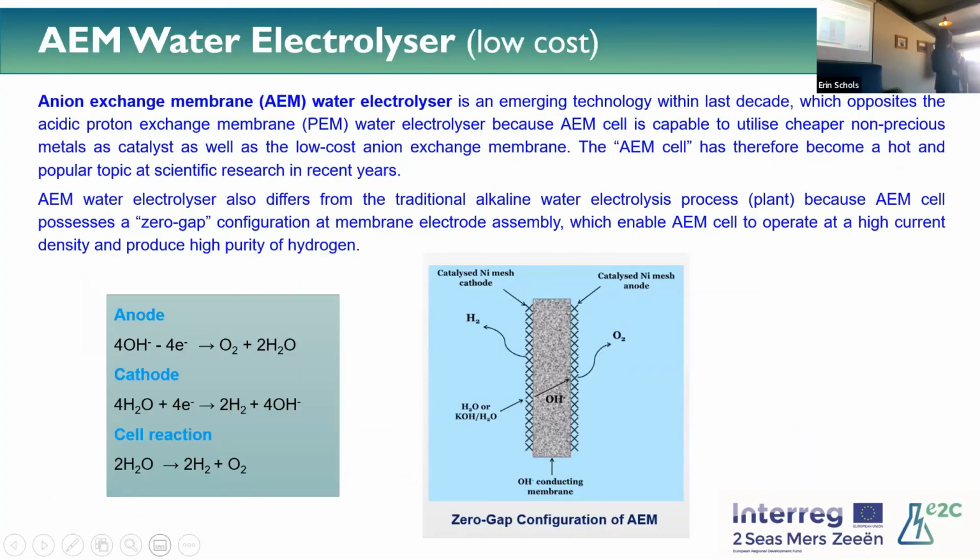AEM technology combines the advantages of these two technologies. The system is operated in alkaline media. On the other hand, it's a zero gap configuration. That is the advantage borrowed from the PEM system. So you can see with this system, we can use cheaper metals because, for example, traditional metals, nickel, cobalt, iron are stable in alkaline media. So we can use this type of catalyst to speed up the reaction rate. And also,